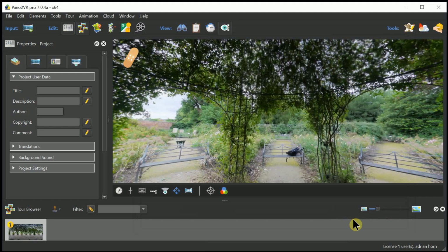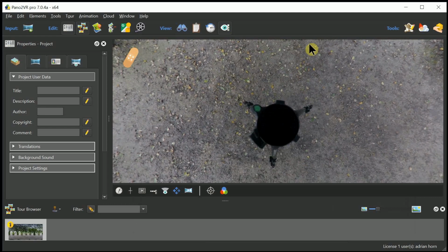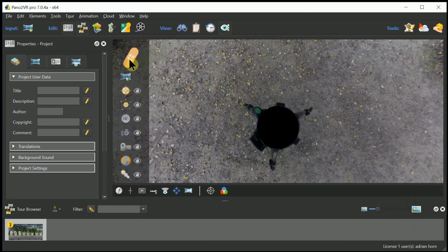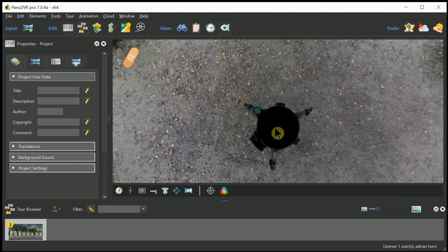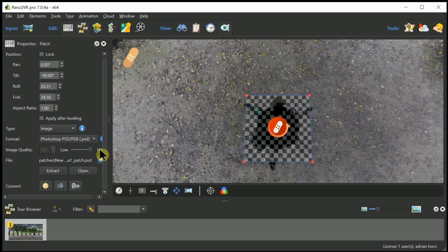And what I'm going to do is show you how to change the tripod into an image, because you don't always have to go through the tripod removal, especially if you want to advertise your wares. Maybe you're a company that does 360 tours and you'd like to put at the bottom a nice little advert. Some other things you may be interested to know: you can also do